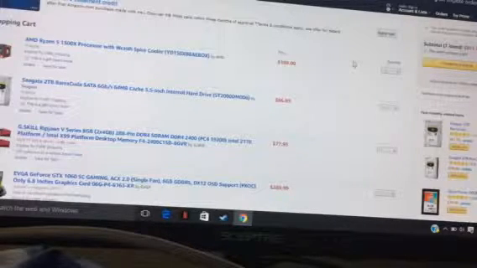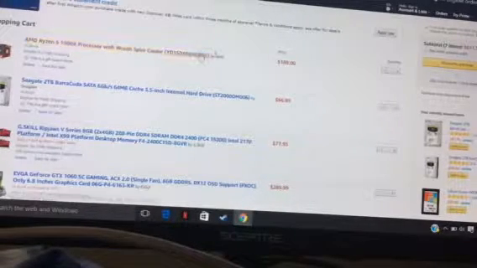I am back with a new series I thought I could try out on the channel, which is PC builds. If you say mid-range, you're thinking around $700 to $1,000, so I thought we could start with a mid-range PC build. Kicking it off with the CPU, I went with the Ryzen 5